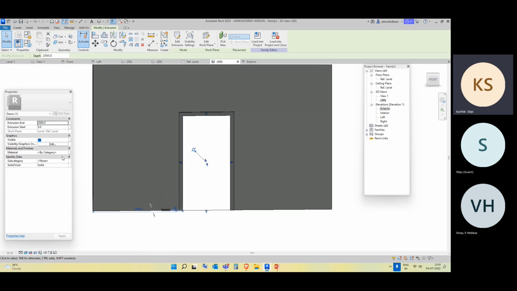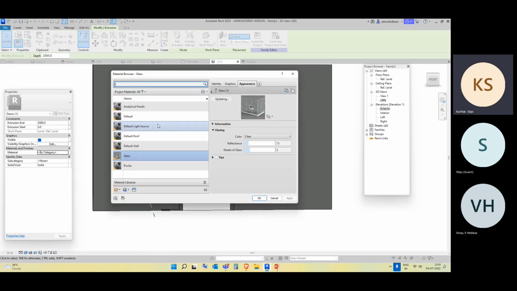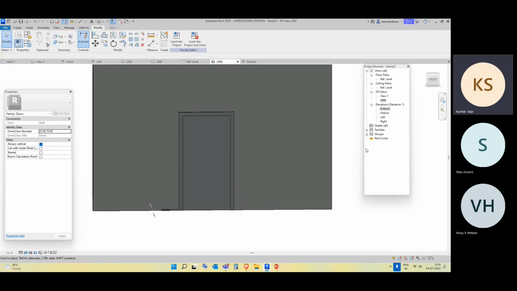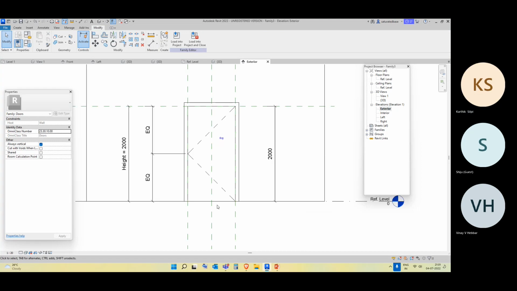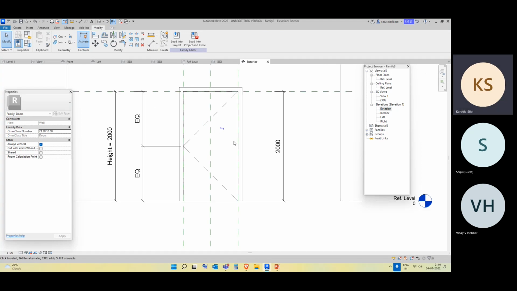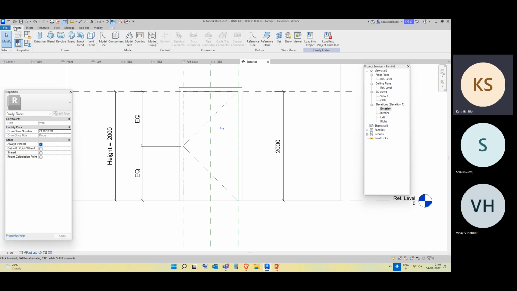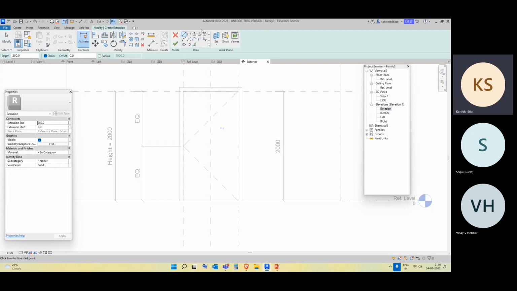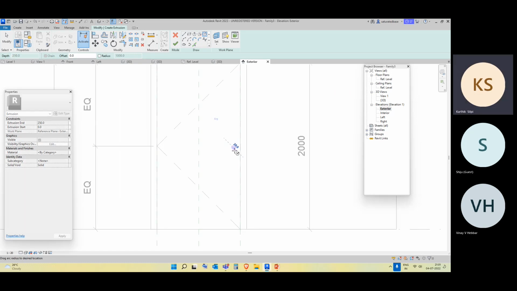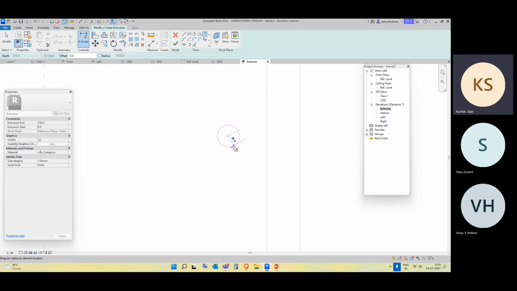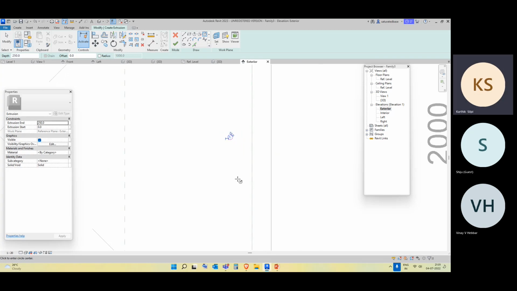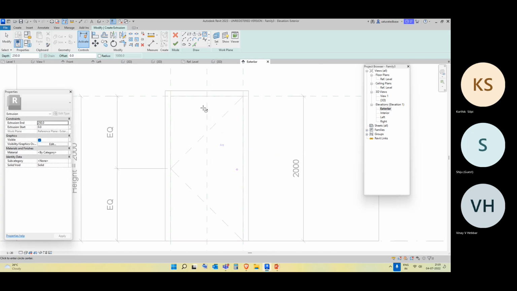Select this particular door, go to materials, you have some material catalogs. There is no wood. Just you can give it like that. I just go to exterior wall and I want to create a door handle. Let's say I am going to open the door in this direction. I can go to create again. Just go to extrusion, something over here, a doorknob like this. Finish it off